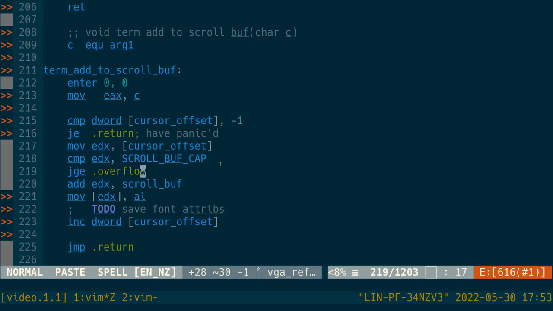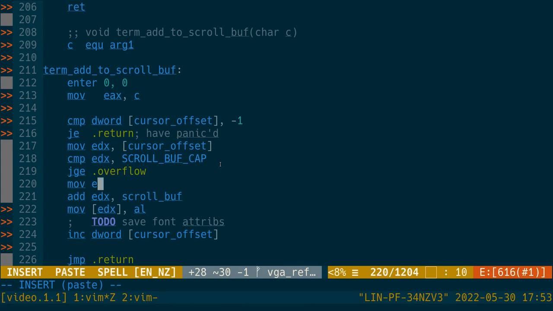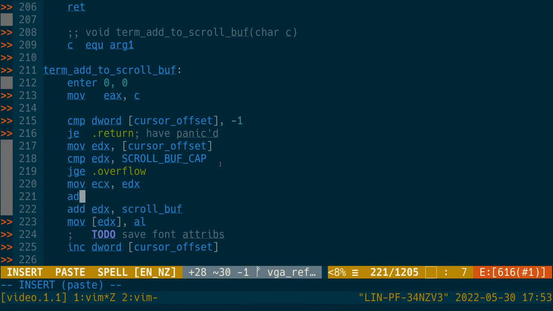We see whether we go over. We haven't, so yeah, I might move ECX to EDX and add ECX to, mul ECX by word size is probably